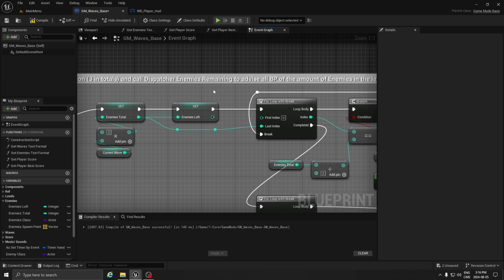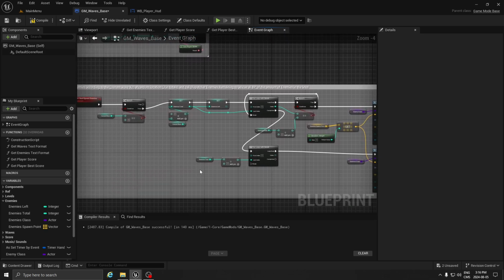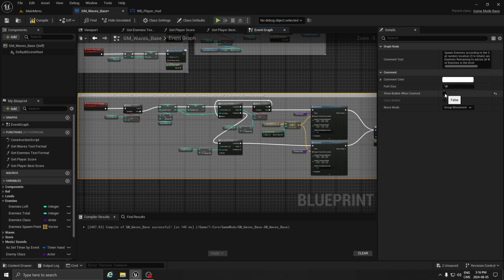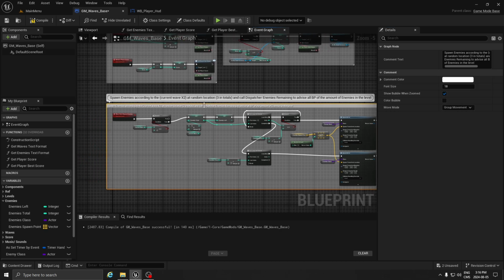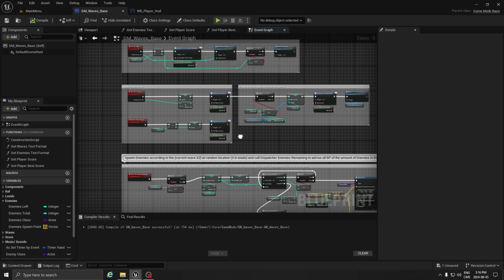And it's going to call the dispatcher for the enemy remaining to advise all blueprints of the amount of enemies in the level. Okay, so this code is exactly what is going to spawn the enemy and tell how many enemies we have in the level. So we're going to make sure we check the bubble here so we can have that beautiful text on the top here. Okay, so now we can compile that. So we're going up here,